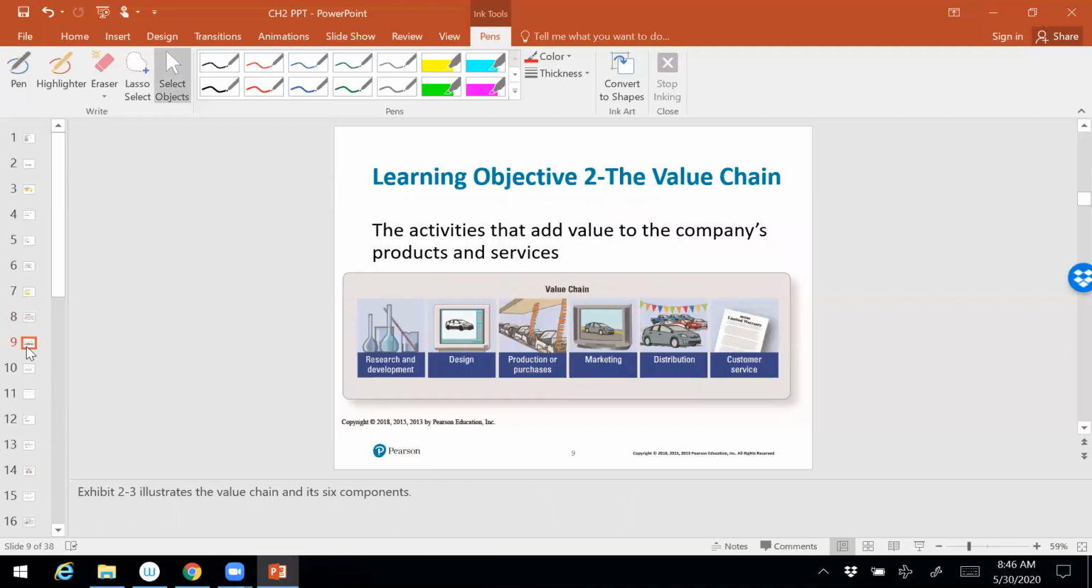Okay, learning objective 2, we talk about this one, then I stop the video here, okay? Learning objective 2, talking about value chain,